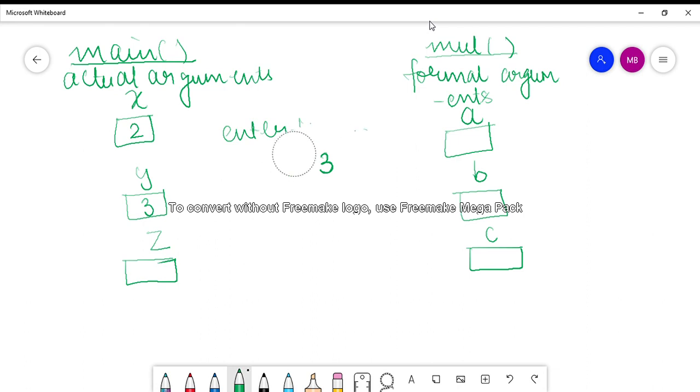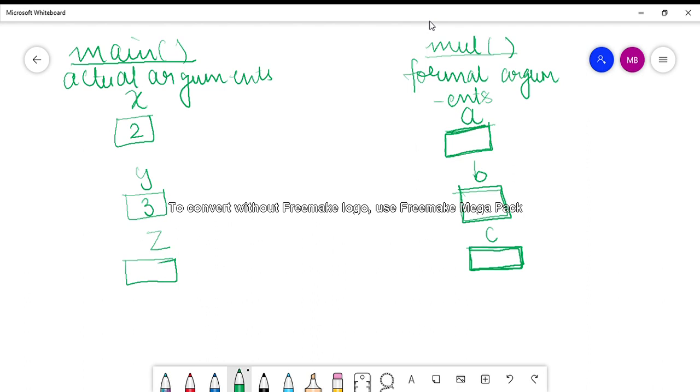Now when you make a function call and pass the arguments x and y in the function call, the moment a function call is made and the control goes to the header of the function, a separate memory is first of all created for the variable a, then for the variable b, and then when you go inside the function and declare a function variable as integer c, a separate memory is created for this variable c.